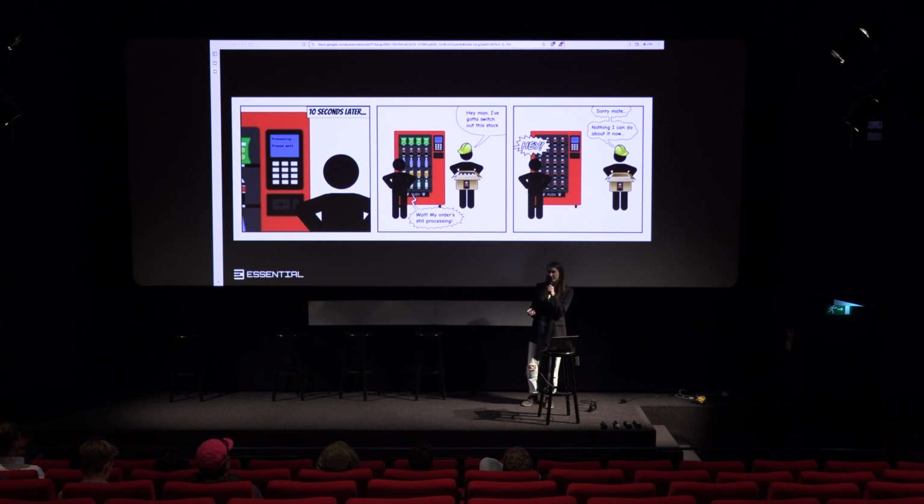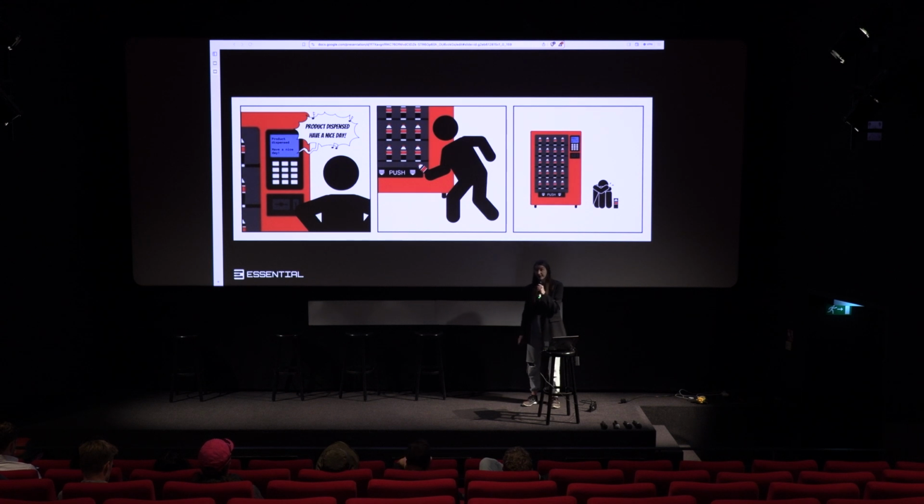So what happened here is that this entity was able to change the state of the vending machine after you submitted your transaction, but before it had actually been executed. And this is obviously unintended behavior on the part of the system, but something that just emerges as a result of the design. So then finally, the instructions that you entered are actually executed, but you don't end up getting what you wanted. Importantly though, you do get what you asked for.